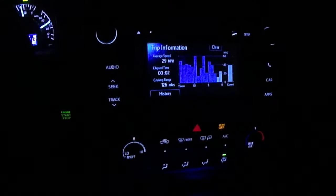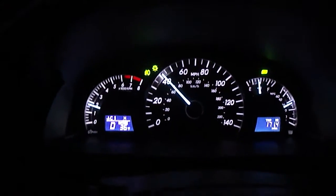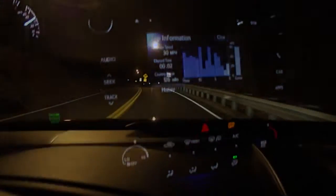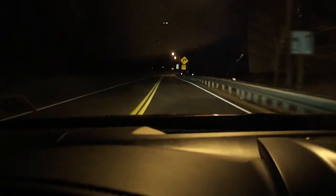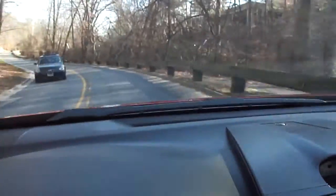Checking out the night look on the Camry SE here. Nice. Don't like the color red at night, and there's no red to be seen. Very nice and clear. Just the way I like it. Listen to this engine whine. Nice sounds. Really holds the turns well too. Gear down into first and just listen to this engine,